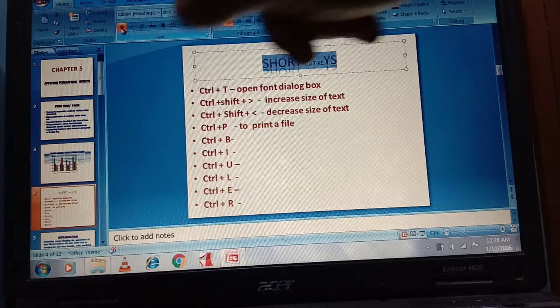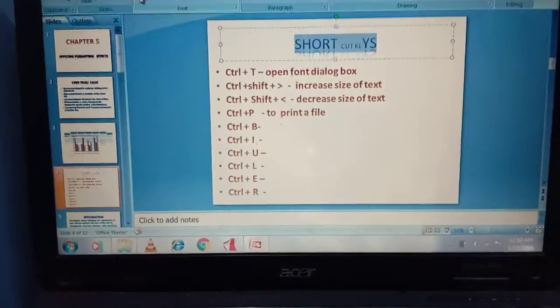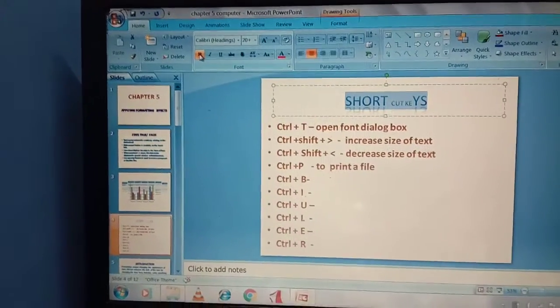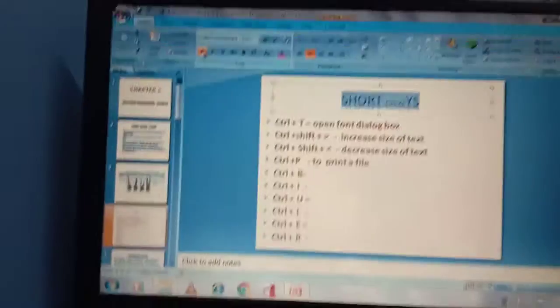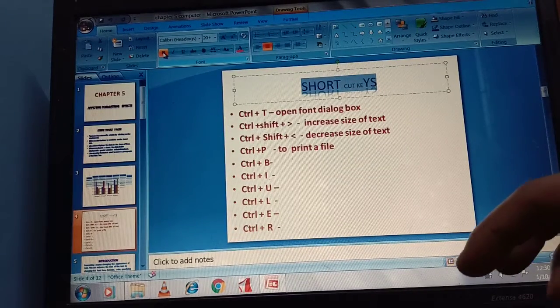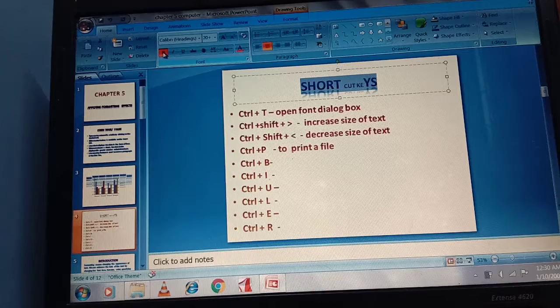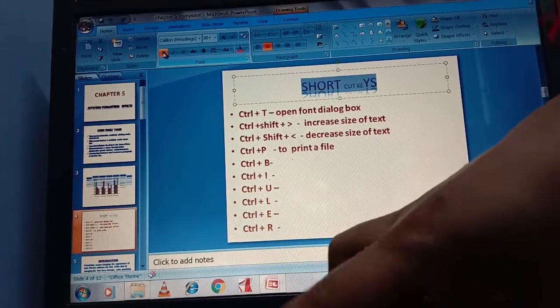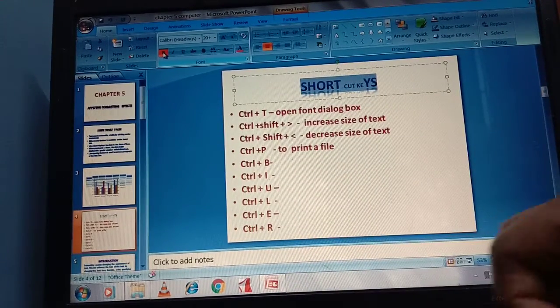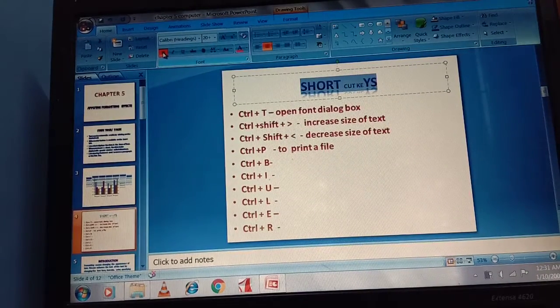Either I can use this B option, or I can use Control and B together. I will press Control and B together for making it bold. Can you see this? Unbold and bold. It is a toggle key.